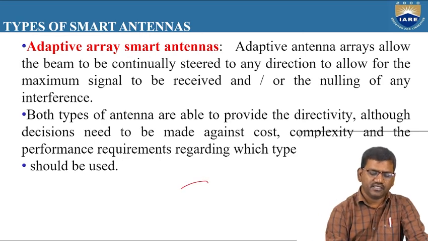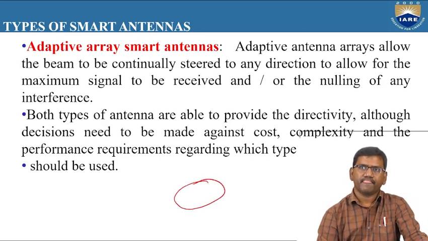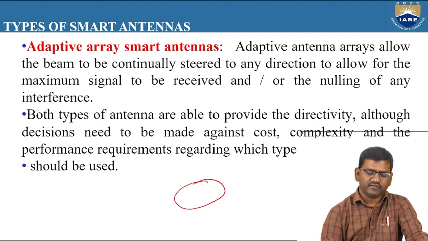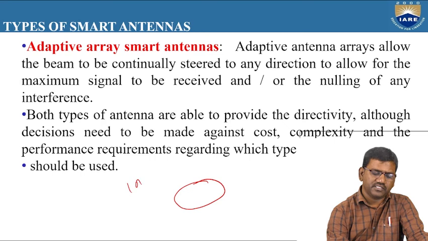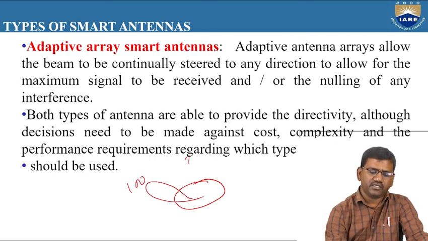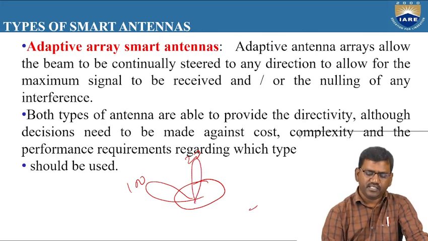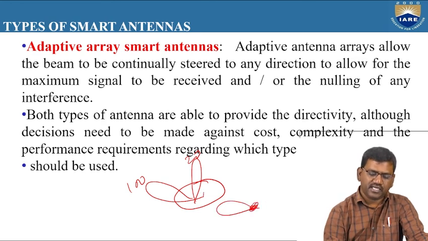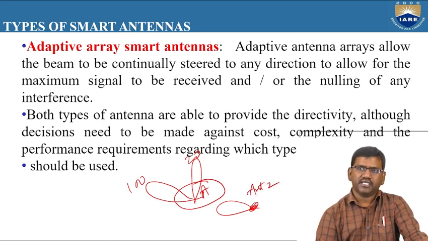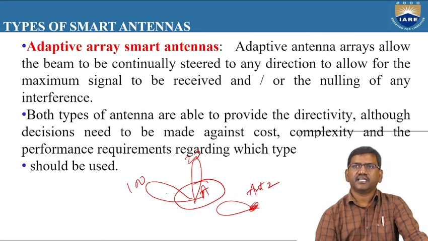So here, if this is a smart antenna system, in the conventional system, what happens? So here in the smart antenna system, if there are 100 users here, the beam is directed to these 100 users. If there are 20 users here, the beam is directed to these 20 users. That means even if there is another antenna here, there is no interference. This is antenna 1 array. Suppose this is antenna 2 here. So here the antenna 2 is radiating but not interfering with this antenna array system.